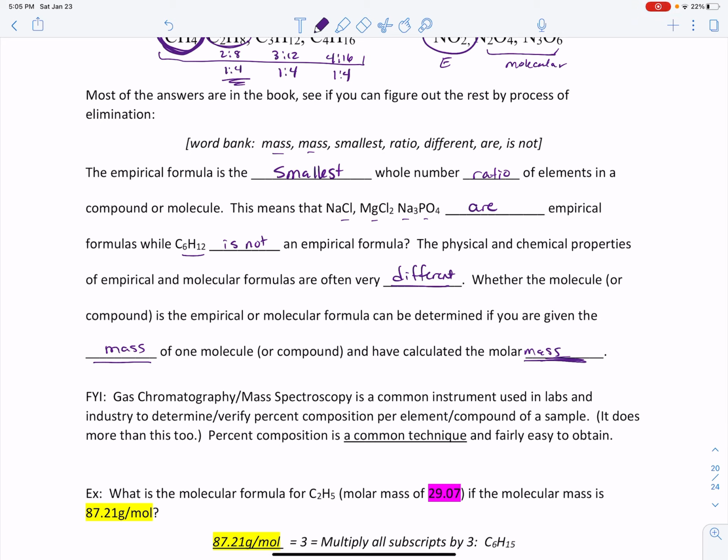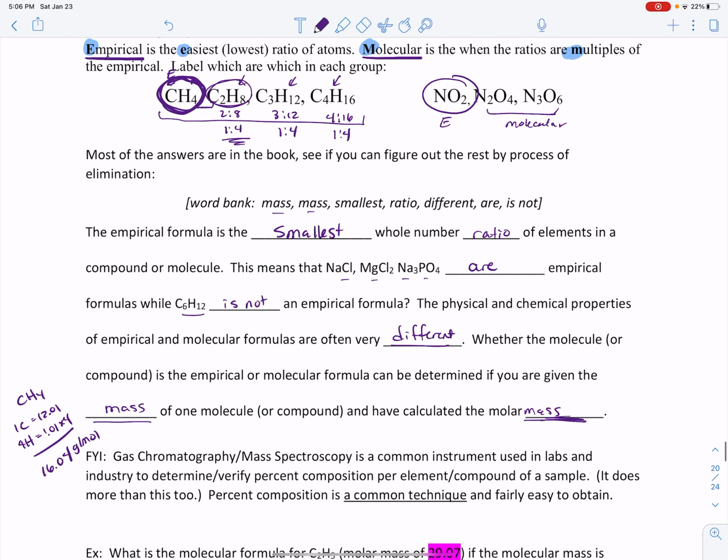So what that means is that we know that CH4 has one carbon, which weighs 12, and then we know that it has 4 hydrogens, and we know that each hydrogen is 1.01, and that's times 4. This whole thing is going to weigh 16.04 grams per mole. Now, if we're comparing it to the C2H6,